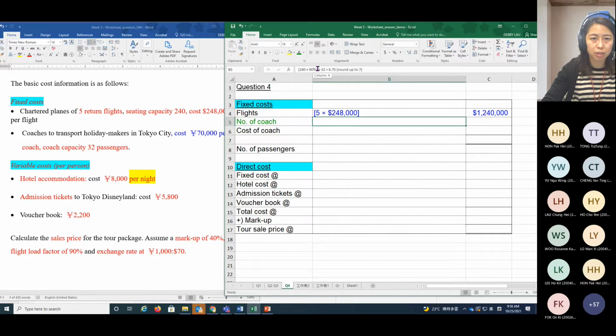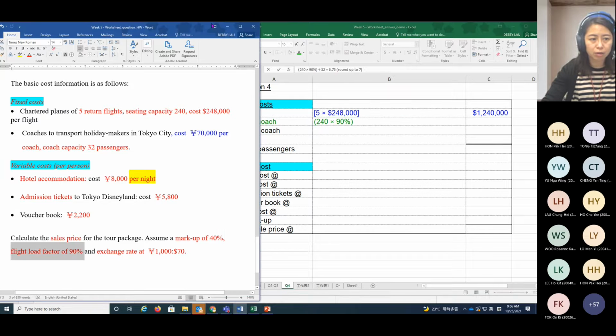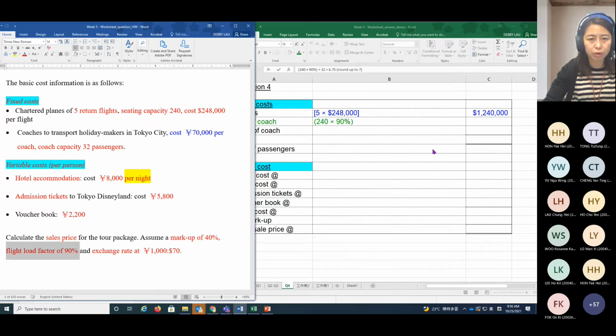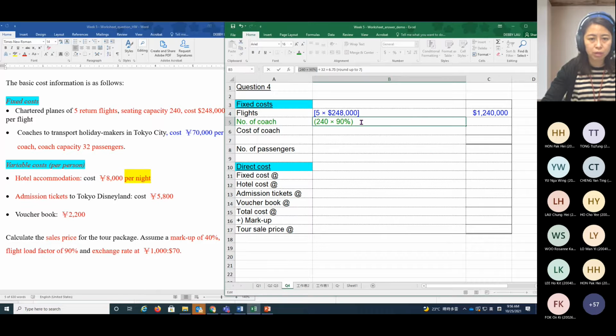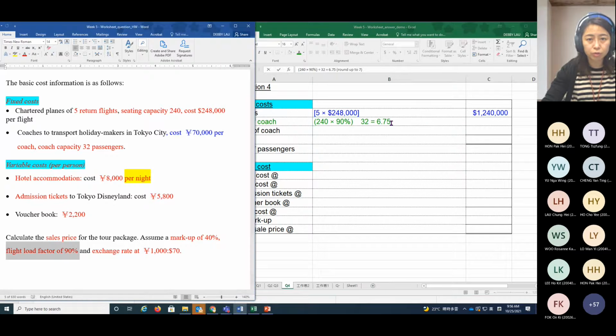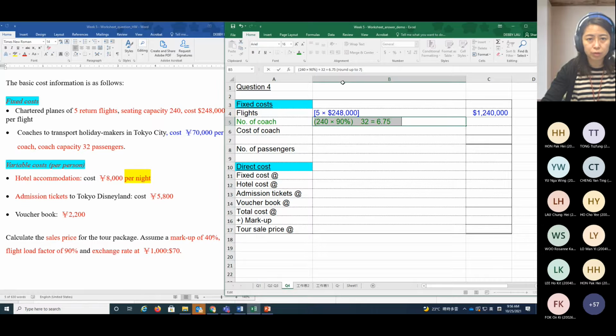You have to write down 240 passengers for one flight, times 90% show up rate, load factor. So this is the number of passengers getting on the flight. Then you have to divide by 32 passengers for each coach. And finally, you find